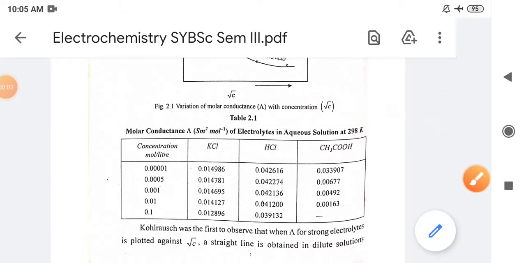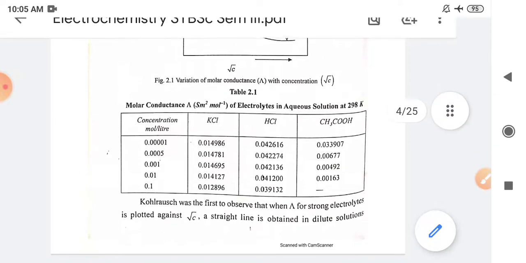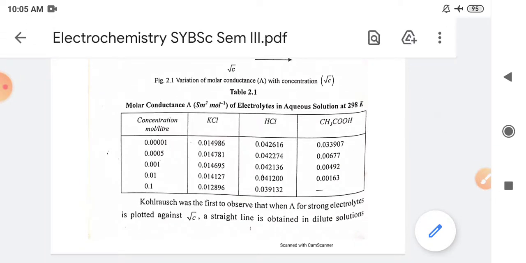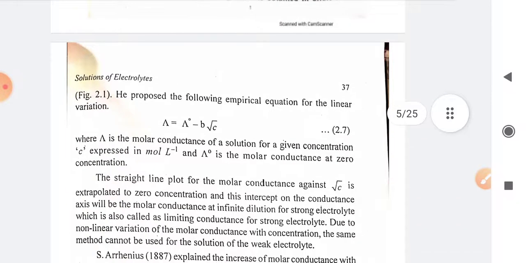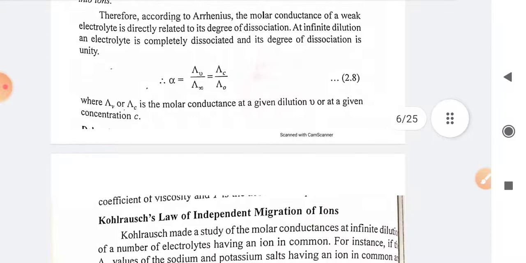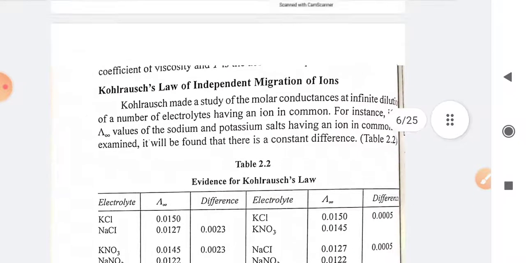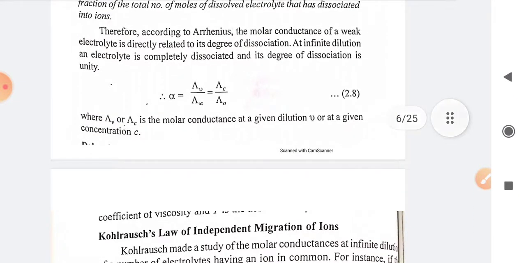So in the previous lecture we finished with the Kohlrausch law of independent migration, and for the weak electrolyte as well as strong electrolyte, this law is applicable. Now what is that law? That law is simply: the total molar conductance of a given electrolyte at infinite dilution will be the summation of its constituent